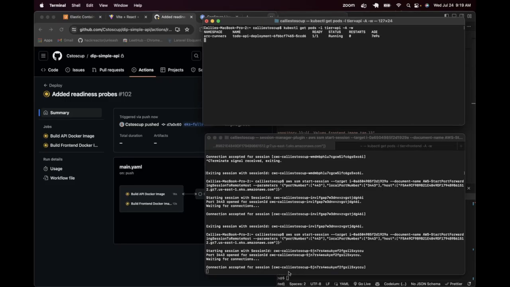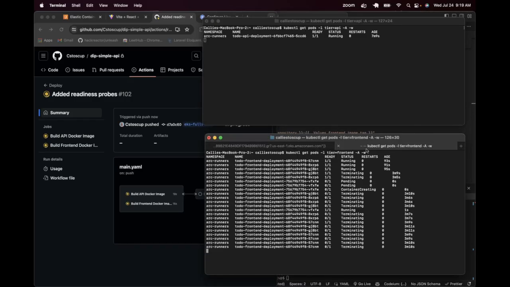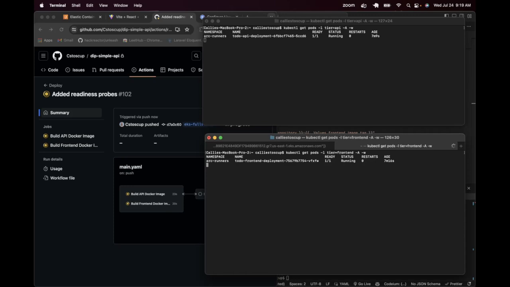All right, it should be easier to read because we only have 1 pod on the front end and the back end now. We can see the API is ready, the container inside is ready, and it is running. All right, so now we should